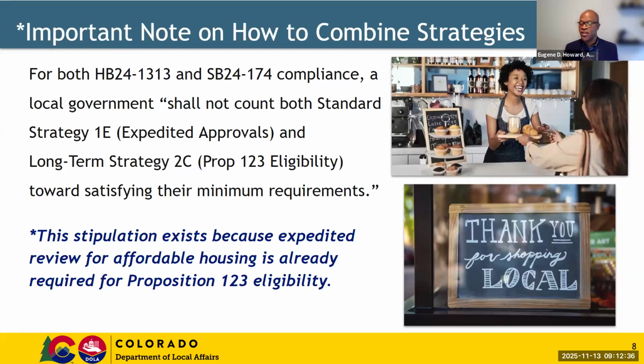So if you are a community taking advantage of Proposition 123 and you have or are in the process of implementing this expedited review, unfortunately, that particular strategy becomes unavailable to you for 1313 and 174 because it's a requirement of Proposition